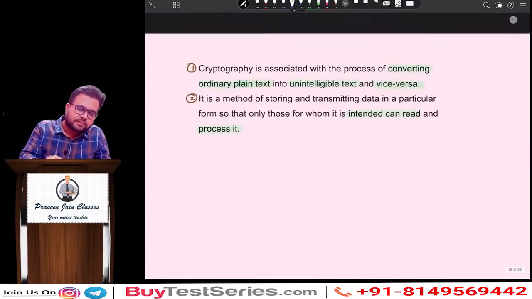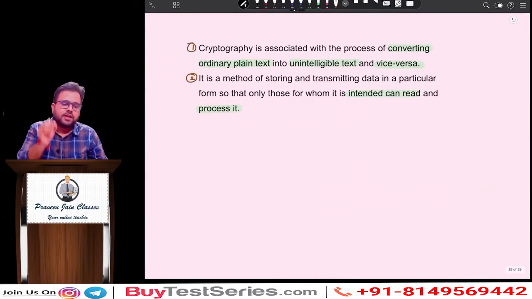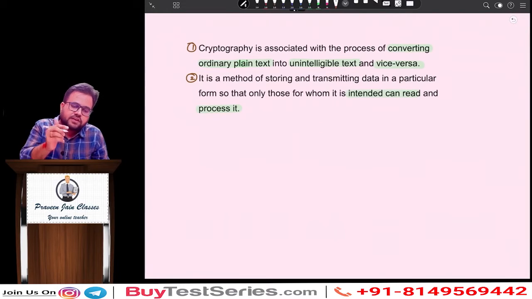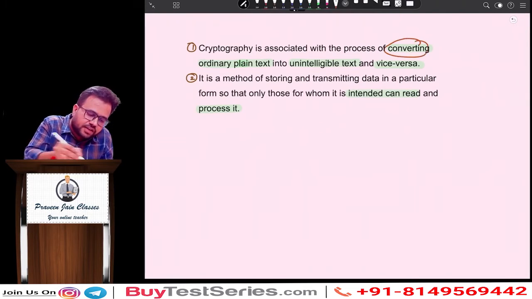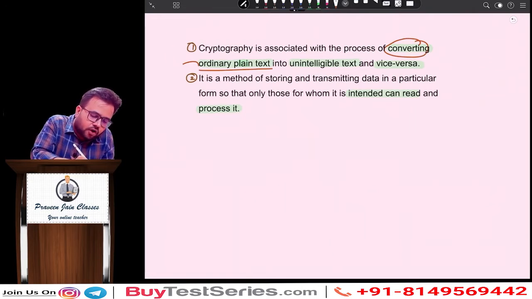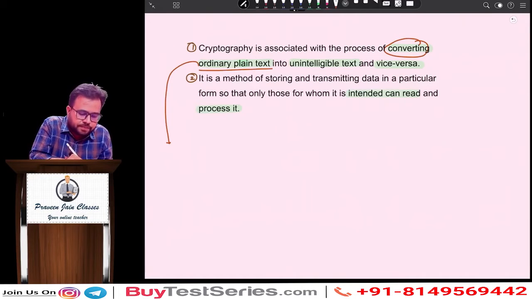In simple language, cryptography is associated with the process of converting ordinary plain text, which we can also call readable data,